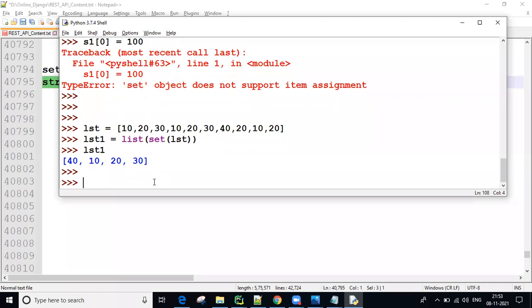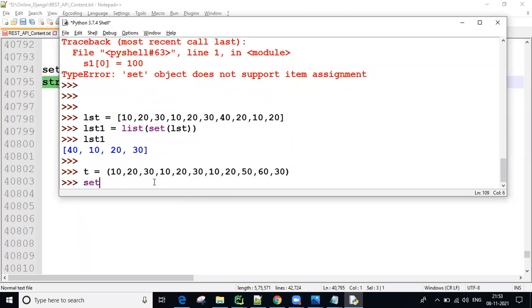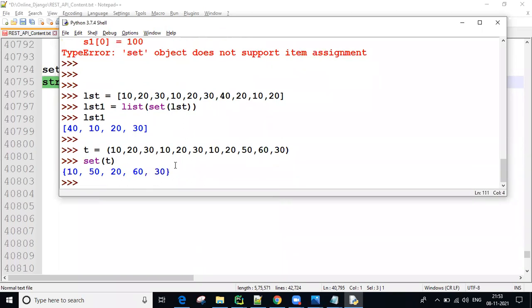Suppose we take a tuple also, guys. Same format. I have one tuple with some elements: 10, 20, 30, 10, 20, 30, 10, 20, some 50, like this. Same, set of T. If I run this, the output comes in set format.